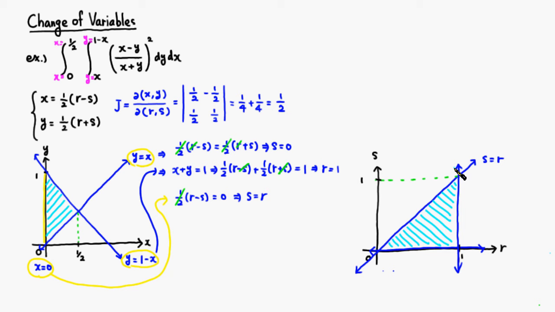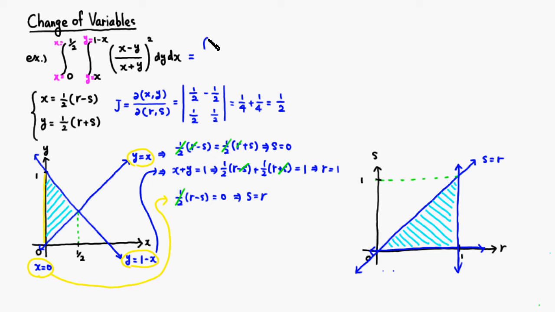Right. So remember that the absolute value of the Jacobian kind of gives you an expansion rate. So if you use the change of variable, the region is going to be transformed into a different region. Of course, it's going to expand or contract. So J is going to actually take care of that. Right. So here it's equal to